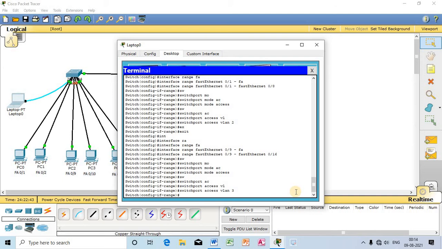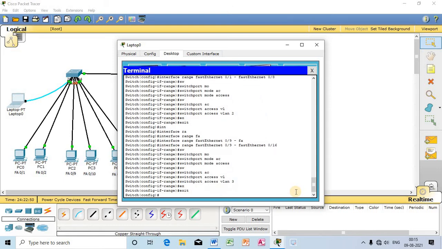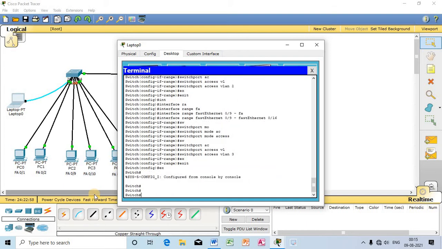Let me check out. Let me first move out from the range selection. Okay, now I am in config mode. You can watch the symbol has been changed. So now I am in just enable mode. You can watch again the symbol has been changed. Let us check the status of the switch.